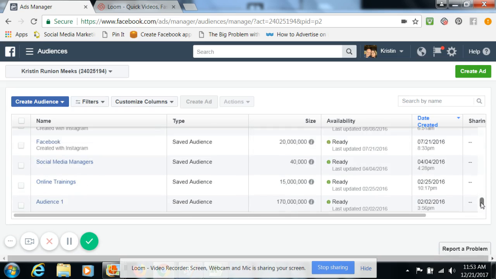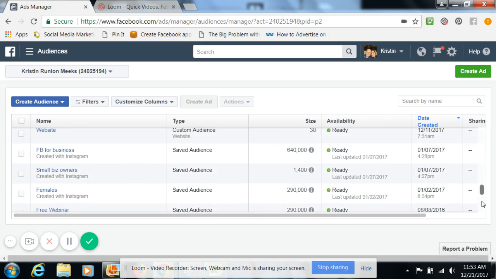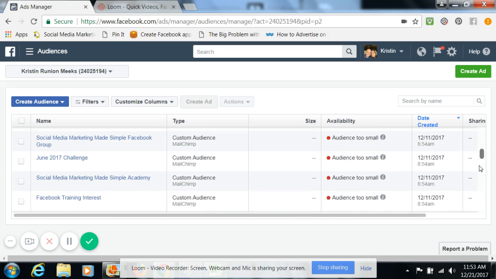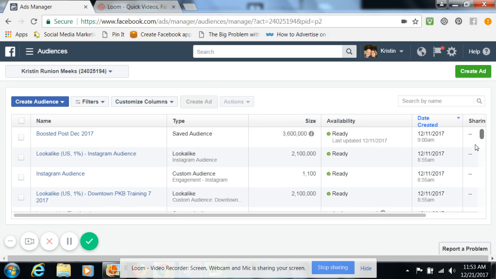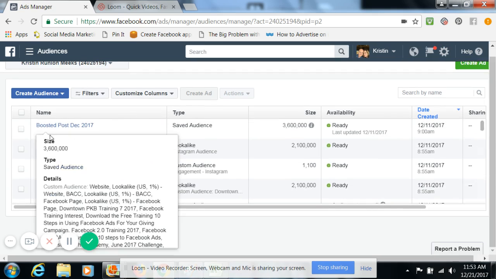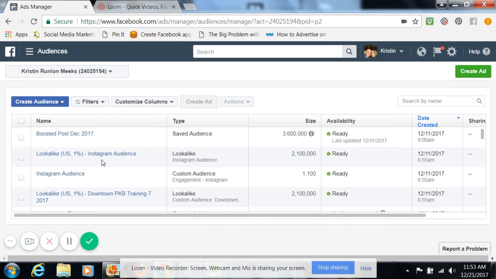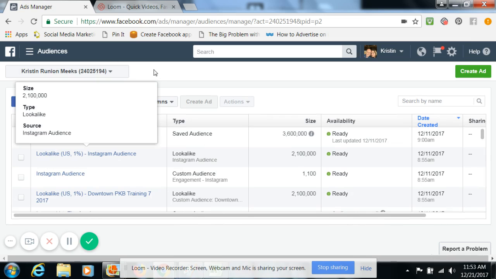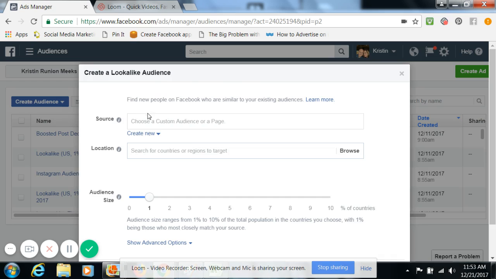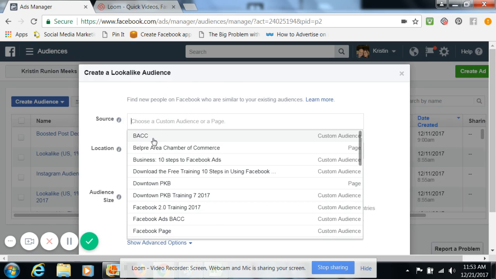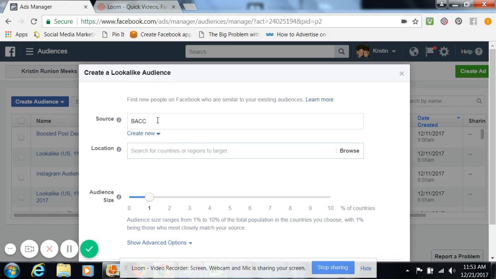When that happens, these audiences are created, and you can see I have a lot because I've created a bunch. Some I've created through the pages like I just showed you. So once you create those audiences, you have an opportunity to do a lookalike audience. After you create that, it'll actually give an option, but if it doesn't, you go down to lookalike audience and you can choose. So I'm just going to pick on the Belpre Chamber because I've created stuff for them for their ad campaigns,